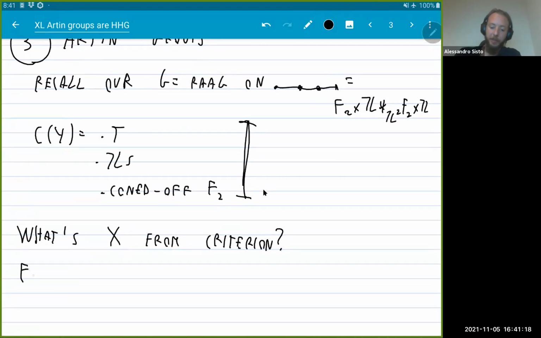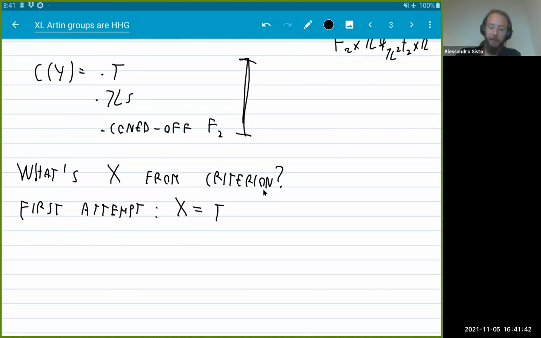Okay, and the first attempt would be to say, okay, we have a hyperbolic space with decent combinatorics. Let's try to take it. T. T was the Bestvina tree, if you remember. Okay, so let's see what links of simplices are in the tree. I was allowing the empty simplex. Maybe I didn't say it, but I was allowing it. So the link of the empty simplex is the whole space, and so we have one of the three spaces that we wanted. That's good. Then what else is there?